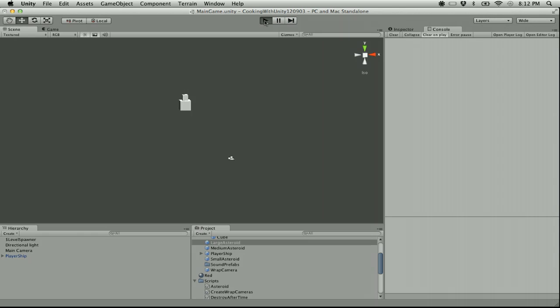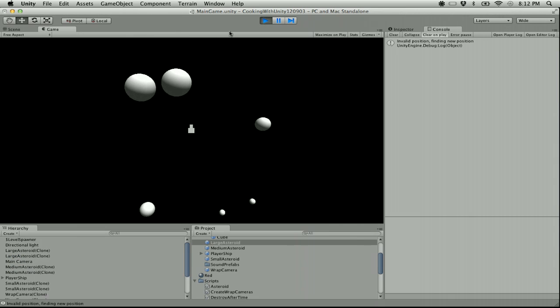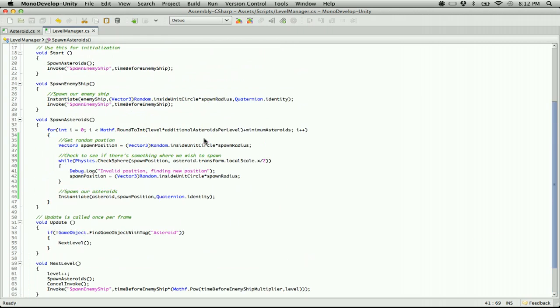Everything appeared to be valid there. There, invalid position, finding new position. So it is doing something. Let's actually make that a little bit wider than the... Let's actually make it so that it won't be within...